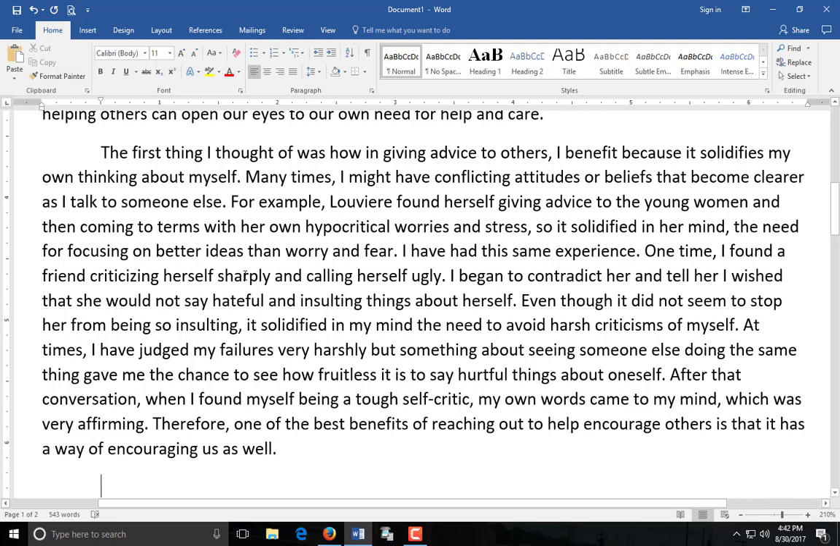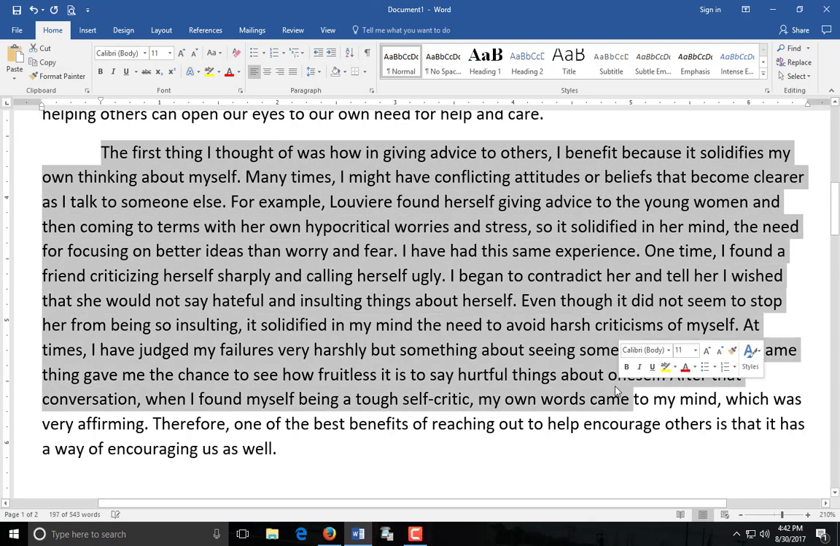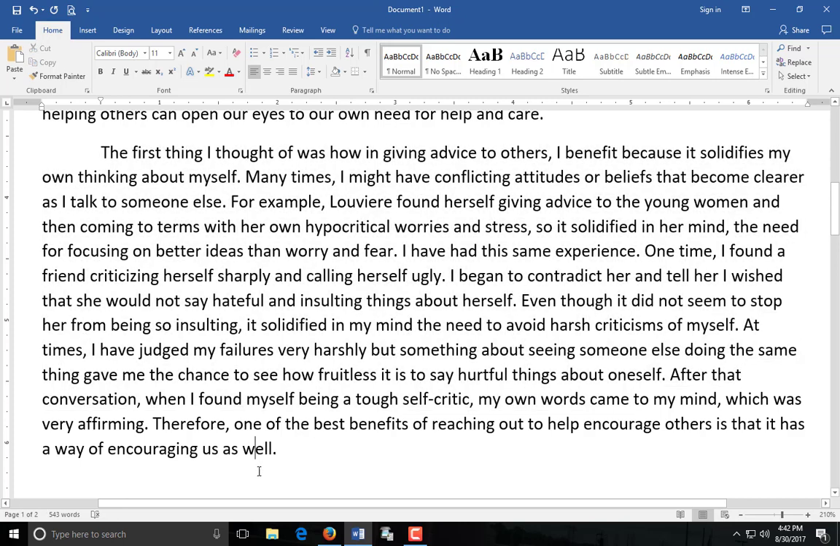So when you move on to another paragraph, you want to have a transition sentence that summarizes the first paragraph, and then have a topic sentence that follows. So you'd say something like, in addition to benefiting by solidifying